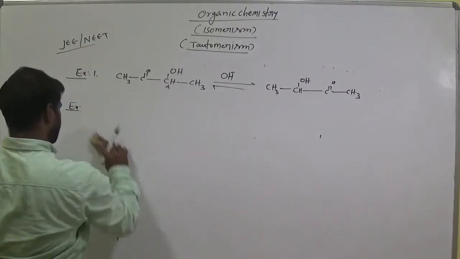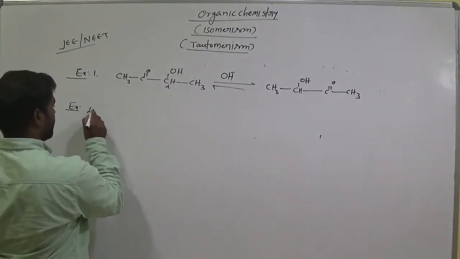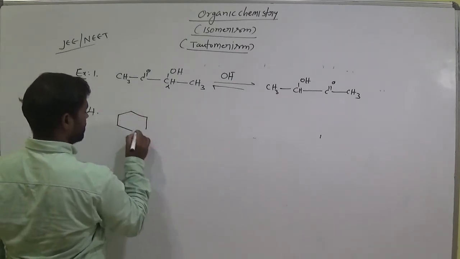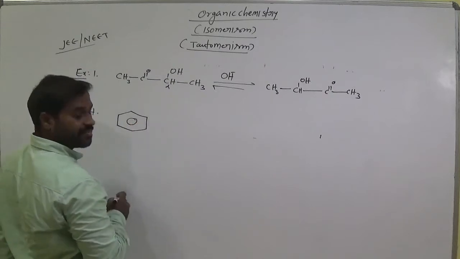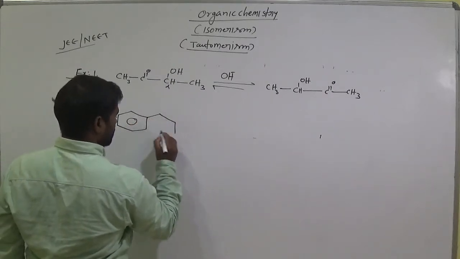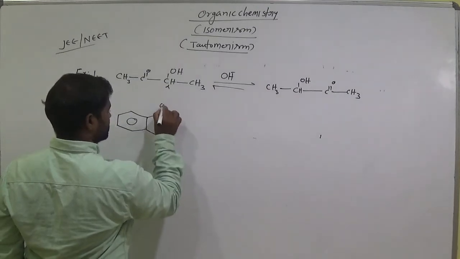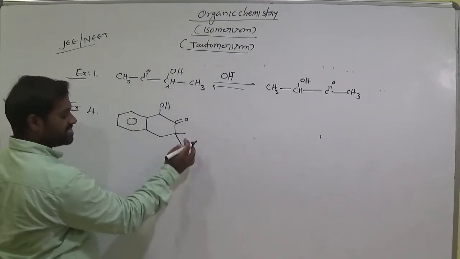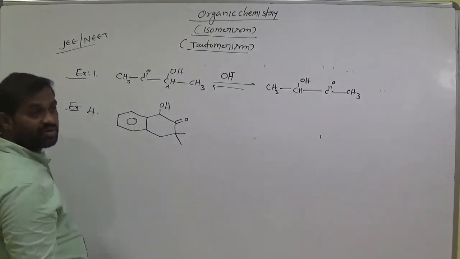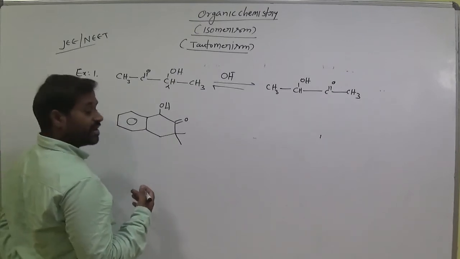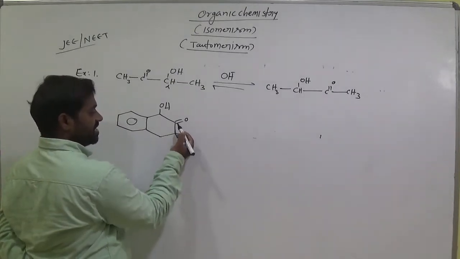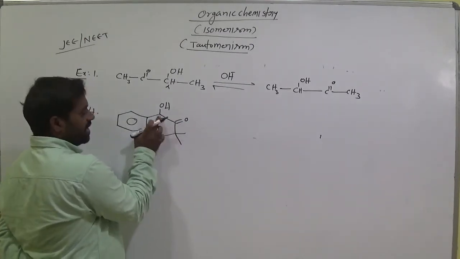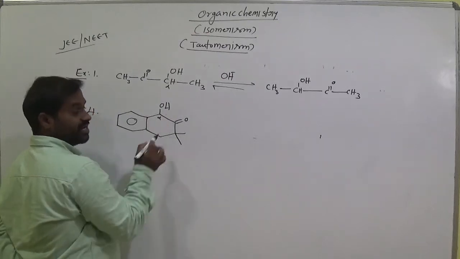And go to the fourth example. What is the fourth example here? This is the benzene ring. This is the OH group. This is the keto group. And these two are methyl groups. Methyl means CH3. Already we discussed how to write the molecular formulas. CH3, C double bond O keto. This is alpha carbon, C double bond O, and the adjacent carbon has OH, an alpha hydroxy group.